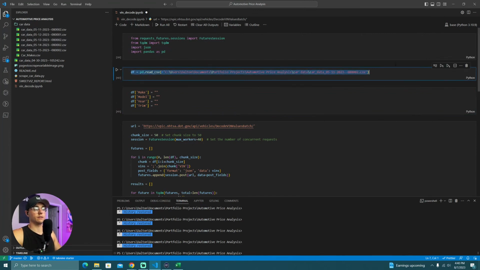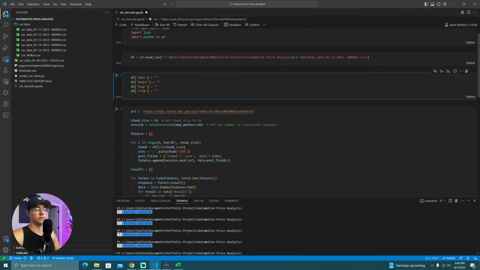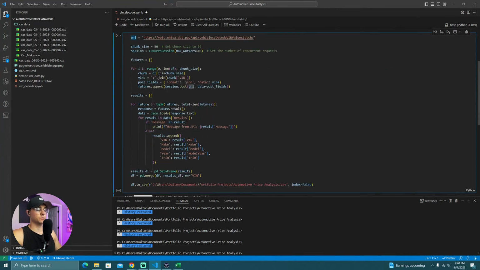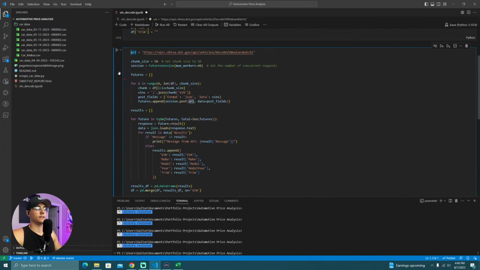Right now, I just took one of the CSVs from my S3 bucket for testing. Then we are adding make, model, year, trim as columns to the data frame. And here's where we're reaching out to the API. It was really slow at first, and I did some digging and didn't see any rate limits on that API. So what I did was